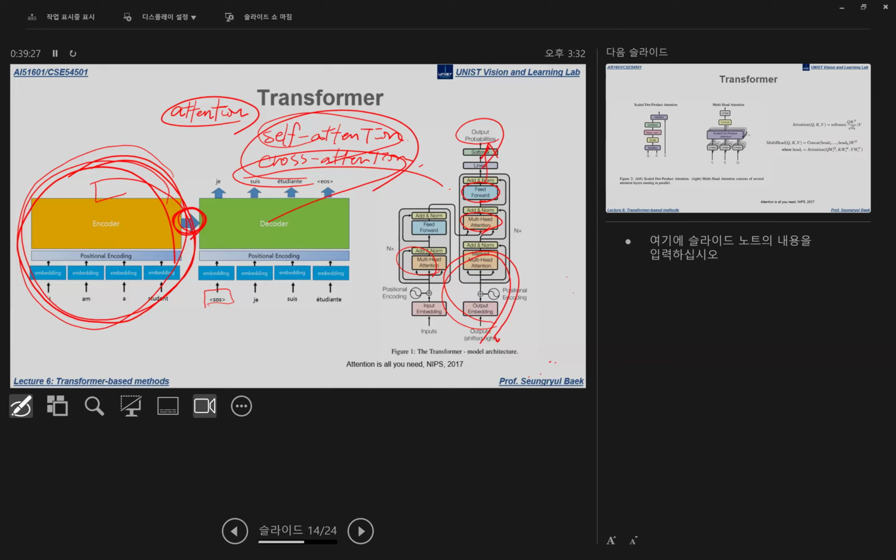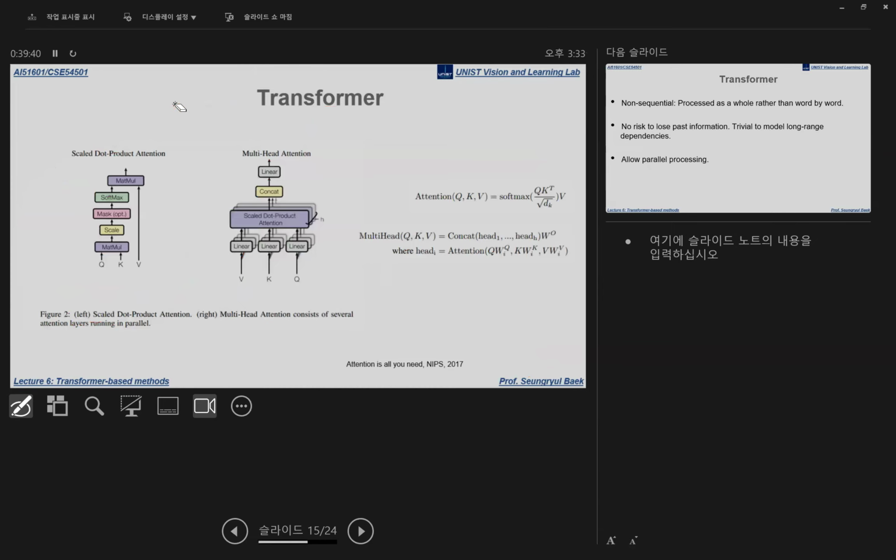So are you guys following this? Okay. So this is the transformer architecture for one-dimensional signals in the NLP domain, and this is some extension of the transformer algorithm. So far we learned that the keys and queries are multiplied and the value is added. Okay, so that's the attention mechanism,